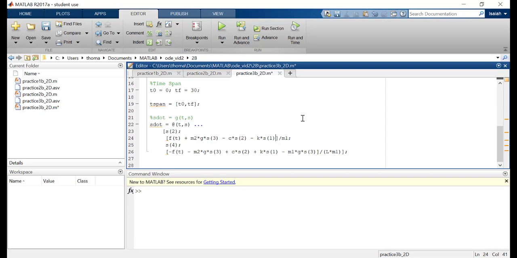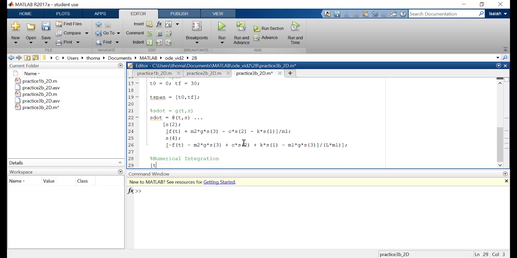I know MATLAB has a way for you to identify where parentheses are opening and closing, but I like interchanging parentheses and brackets to help me keep clear track of the various items that I'm grouping together. But those are just some programming comments. Let's go ahead and continue with the numerical integration, and let's call